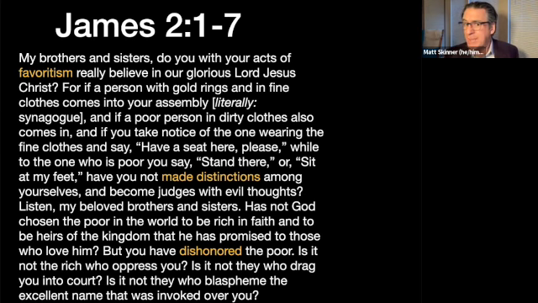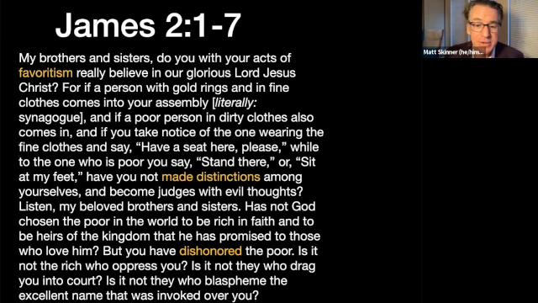So James is describing something here that is not so much just a weird hypothetical, but could have been actually something that different communities had to ask questions about. Where do we seat people around the table, for example, if they come from different social settings? Do we follow the wider world's norms and customs, or do we do something different? James is obviously arguing that showing distinctions is